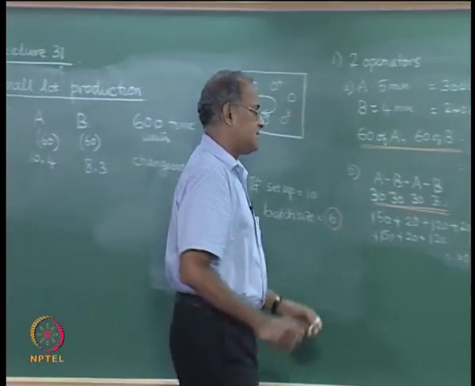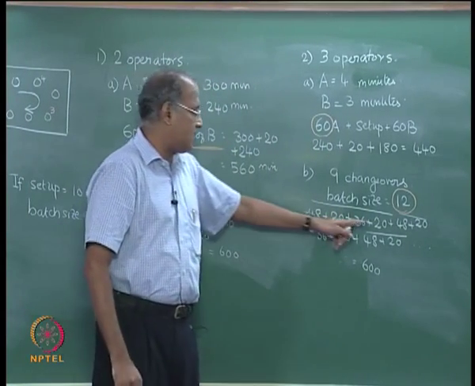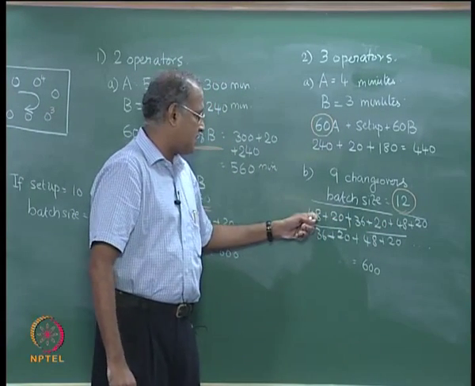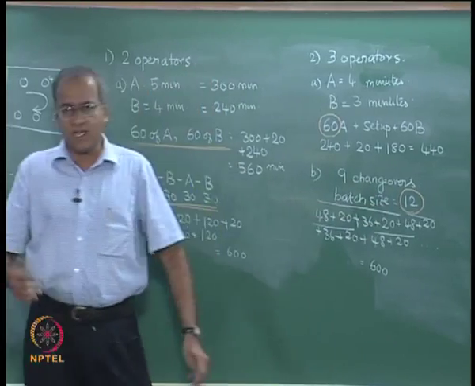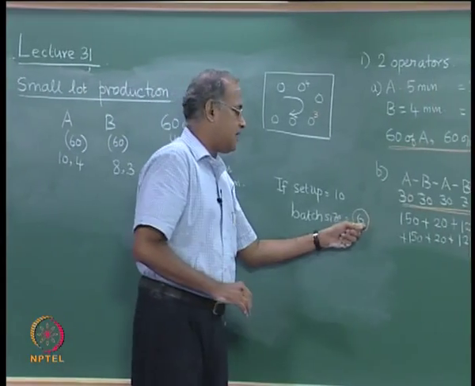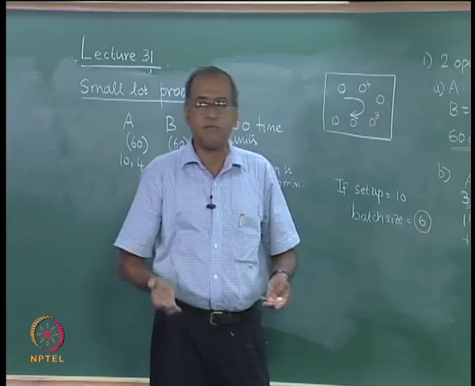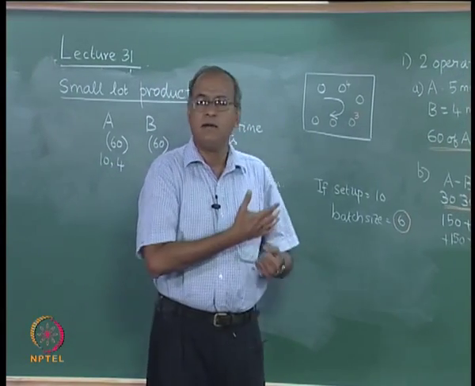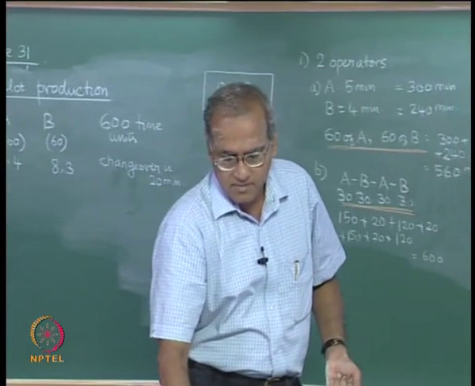In some sense, this is a very good situation, because the changeover times are 20, the production times for the batch are 48, 36 and so on. But if we can create another 10 minutes, we can make it very tight and have very short runs of 6 of A followed by 6 of B, and that is done 10 times. So, the batch size reduces to 6.